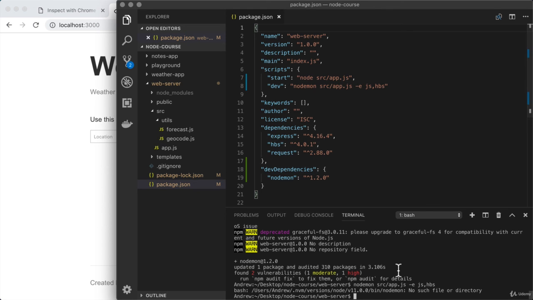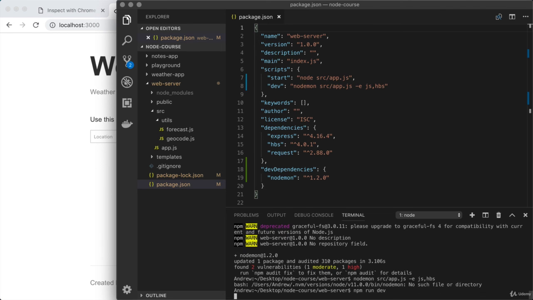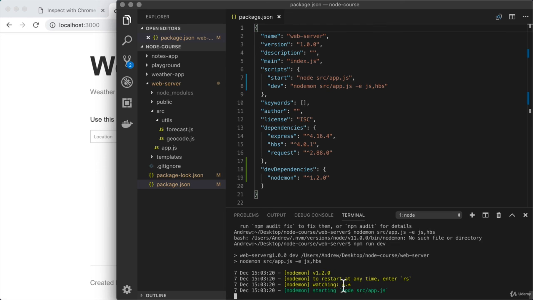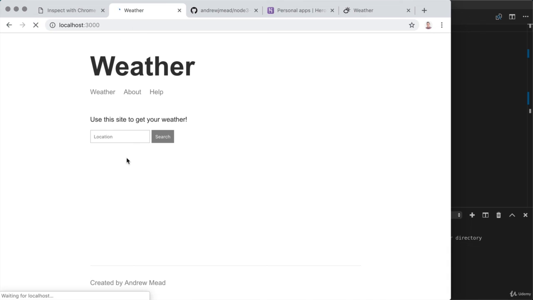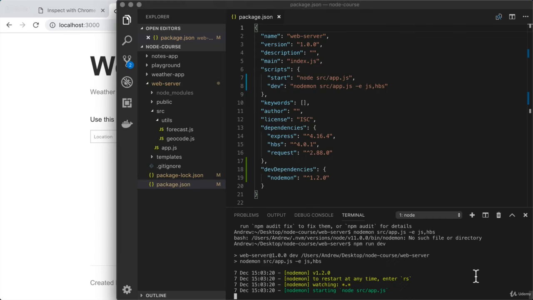Now from the terminal, just to make sure things are working for the final time, we're going to run npm run dev. When we do this, things are going to work as expected. It's able to start up nodemon, and if I refresh localhost:3000, we can see that our server is indeed up and running. So that's where we're going to stop for this video, and that's where we're going to stop